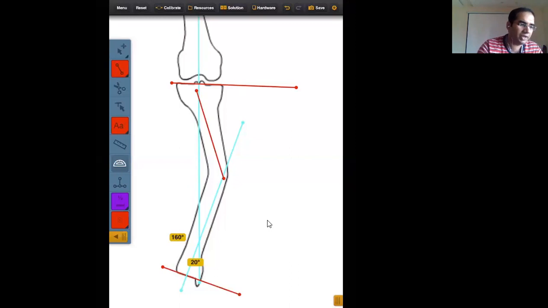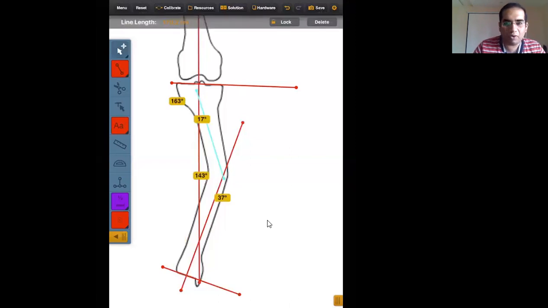But what has happened over here? The resolution CORA is 20 degrees. But when you have drawn a line, the one CORA has turned out to be 37 degrees. The other CORA is 17 degrees. It does not mean that now the combined CORA over here is 54 degrees. Actually, the above is a varus deformity, the lower one is a valgus deformity. These two deformities are cancelling each other, and the resultant CORA again is 20 degrees.